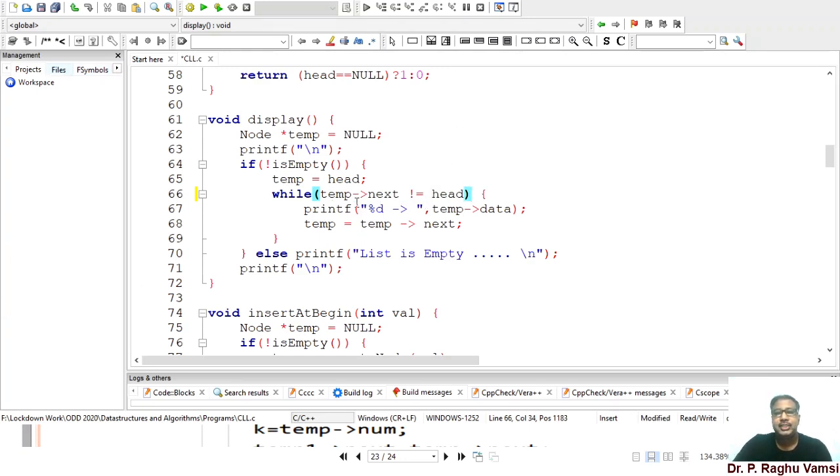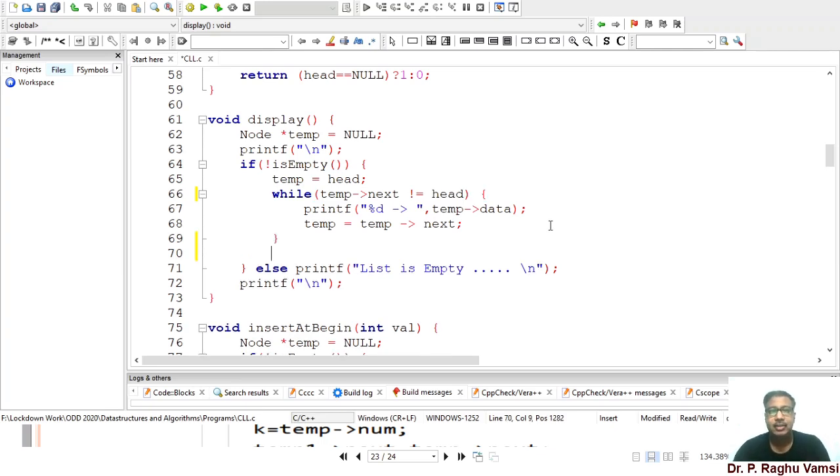Whenever it reaches the last node, obviously last node next is equal to head, so this loop will exit. That is why the last node cannot be printed. So the reason here is I will add the same printf statement, because the temp is consisting of the last node. So I will place the temp data here.